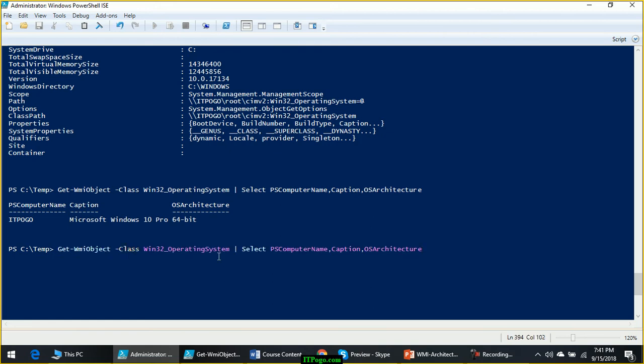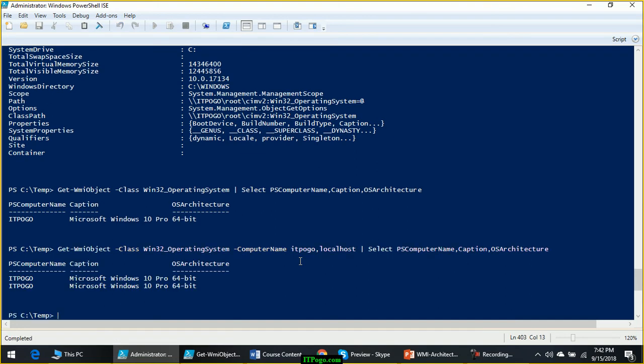Similarly, if you want to find the details from remote computers, you can give hyphen computer name and give the list of computers in a comma separated format.